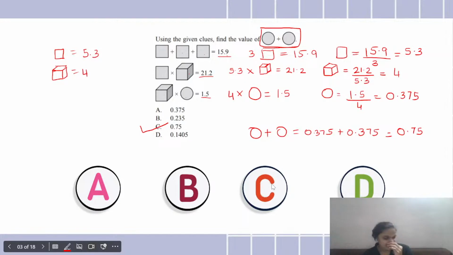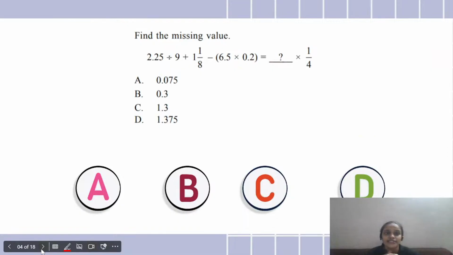Okay. Yes, Janisha also gave the option C. So, good job. Yes, option C is the correct answer. Now, let's come to the next question,